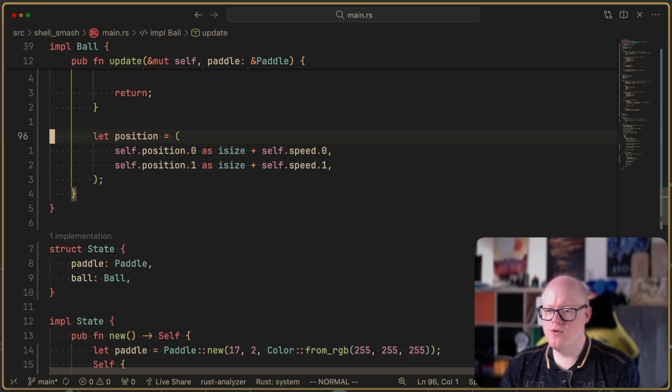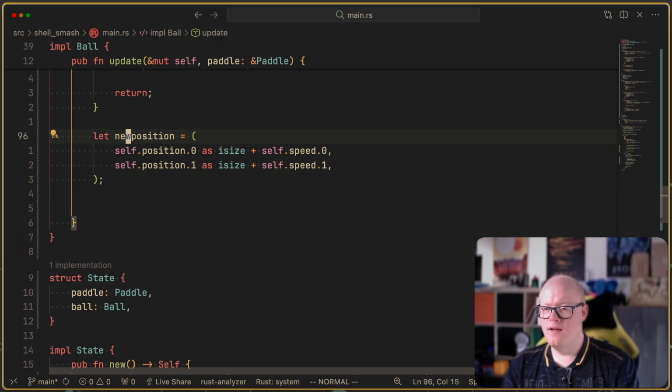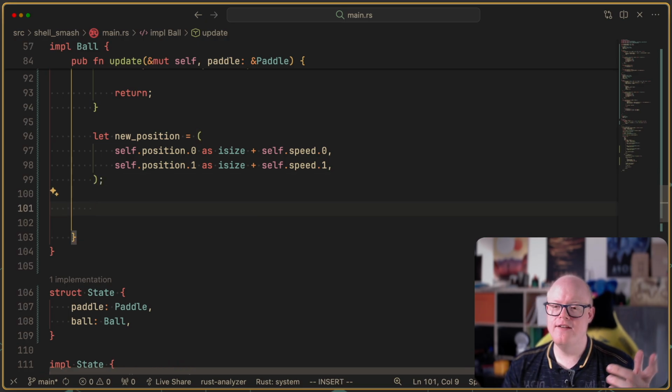So now we should actually have a new position. So this is our new position, and let's now check if we need to change anything there before actually updating the position. So if